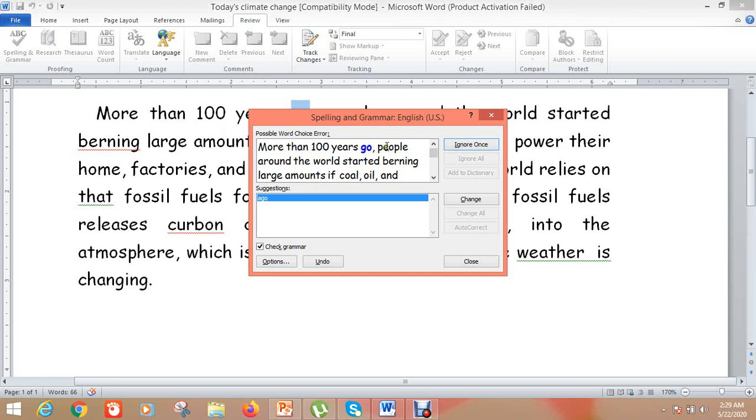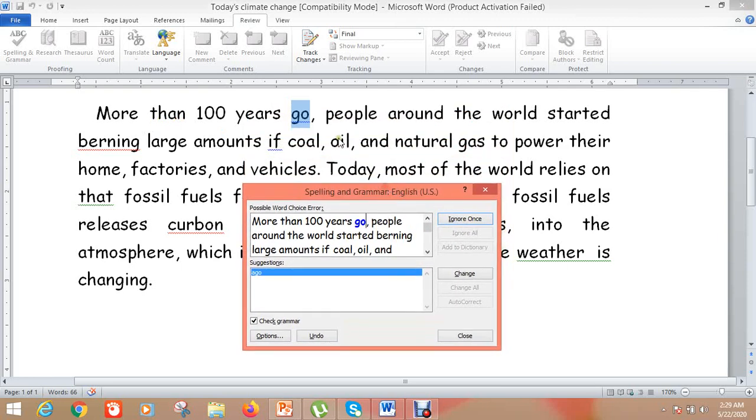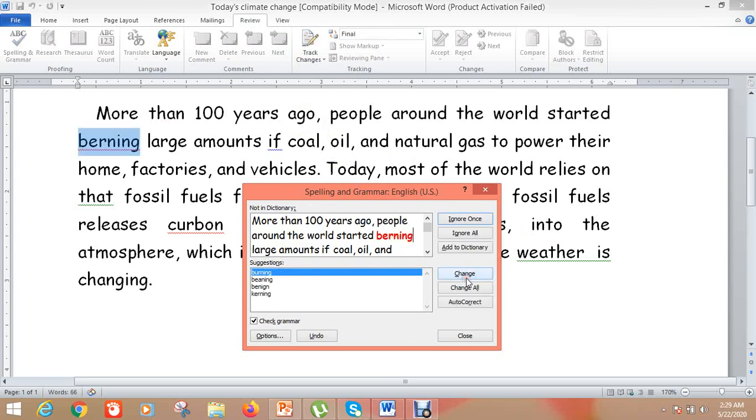Okay, now the next error. Now it is also a go. Instead of go, it is a go. Change. Next word is burning. See, it is underlined with red, which means it is showing a spelling mistake. So the suggestion is burning instead of berning.